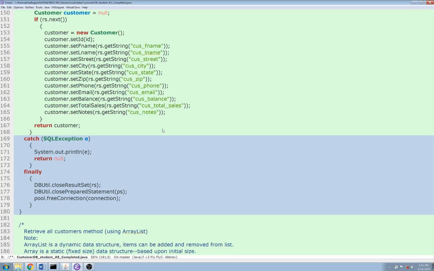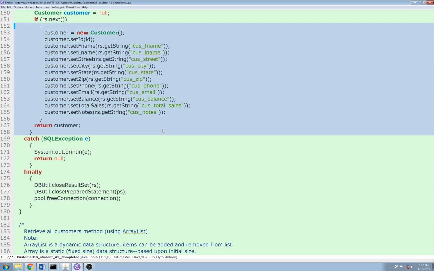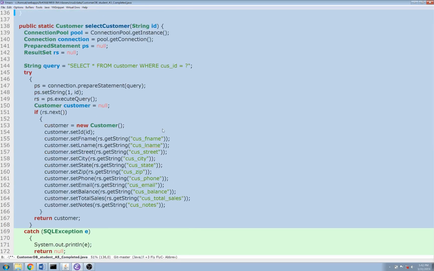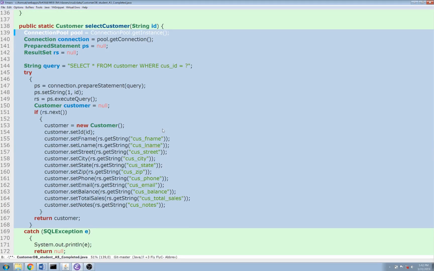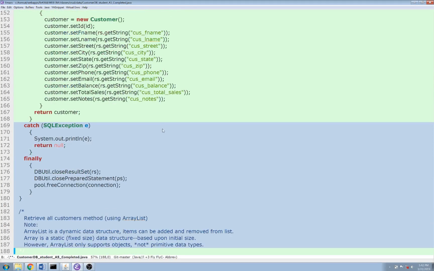Those are the methods we're calling. And again, DB utilities is for the utilities file that we created. Again, you don't have to recreate that class, or I should say recompile that class. It's already compiled. So there's our try block, there's our catch block, and there's our finally block, line 180, which ends the select customer. And now we're going to do the next one,